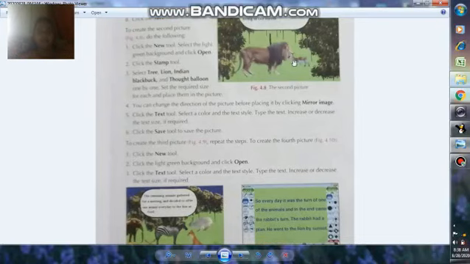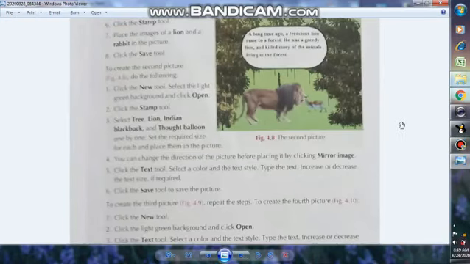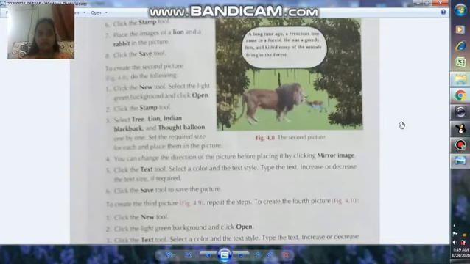Okay, now we have to create this second picture. And what are the pictures that are available in the second picture? See, a lion, a black bug, some trees, and the background color is green here, and some text is written here using the text tool. So this is your story.